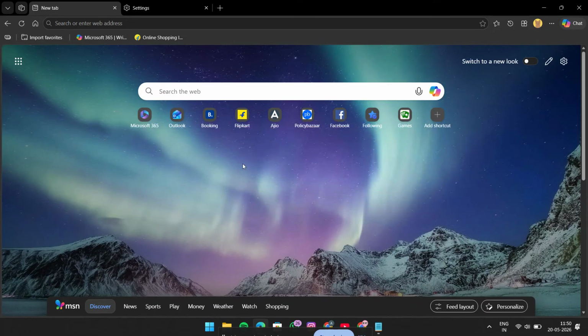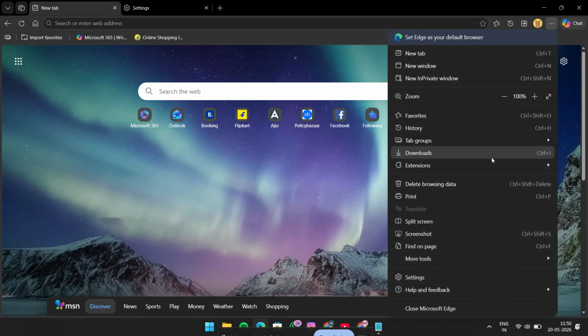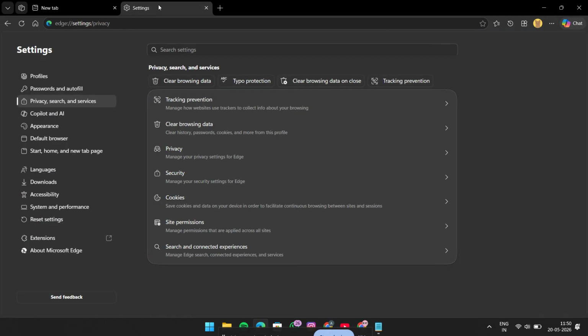First, open Microsoft Edge on your computer. Once Edge is open, look to the top right corner of the window and click the three dots to open the main menu. From there, click on Settings. This will take you into the full Edge settings page, where you can control all kinds of privacy, security, and